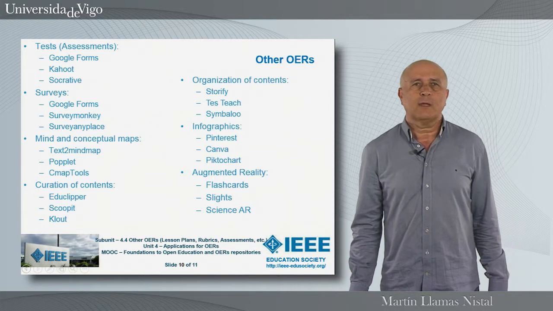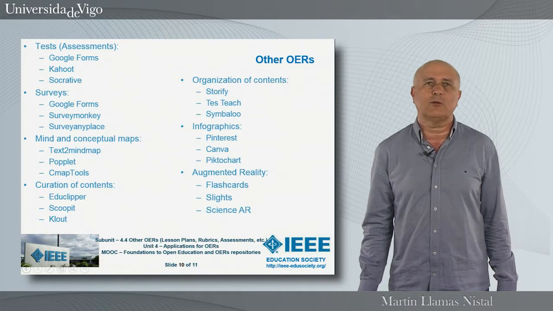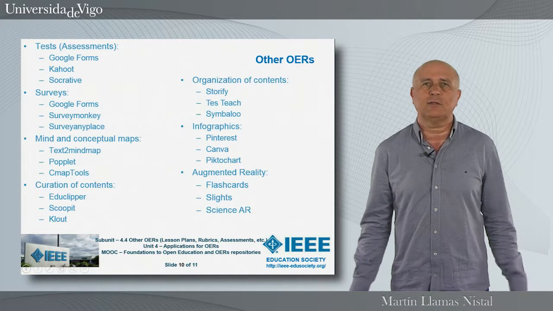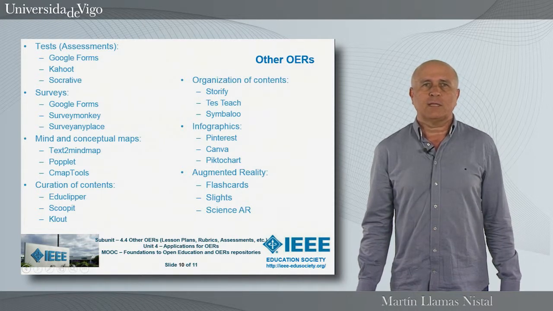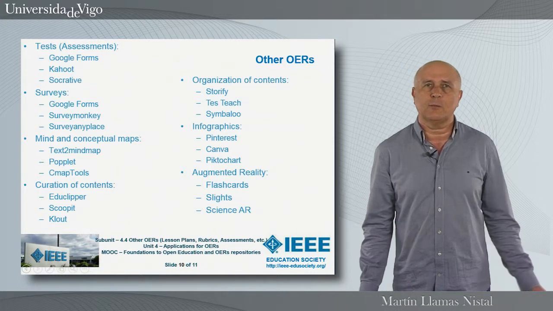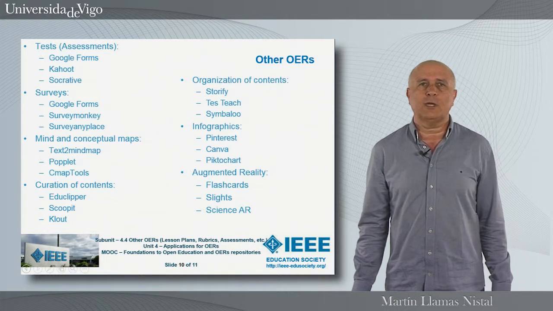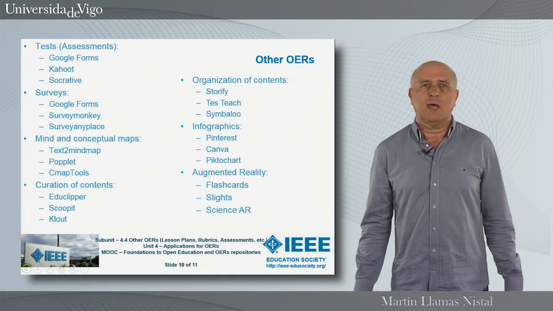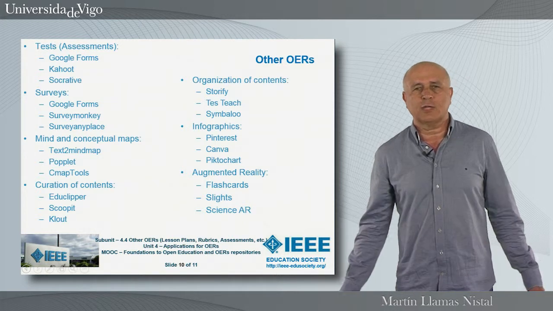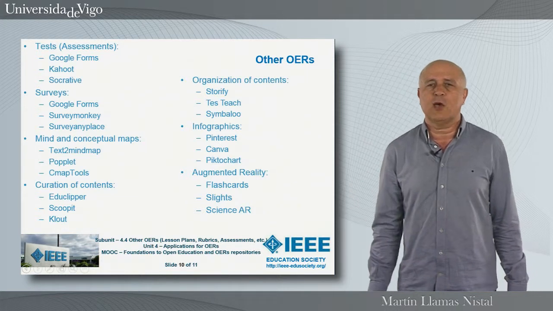And finally, here we can see other types of resources considered open educational resources, together with some tools that facilitate their use. We can see test assessments with Google Forms, Kahoot, and Socrative, the most famous tools; surveys: Google Forms, SurveyMonkey, and Survey Anyplace; and so on: mind and conceptual maps, curation of contents, organization of contents, infographics, and augmented